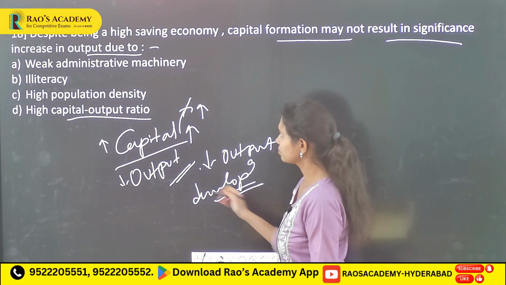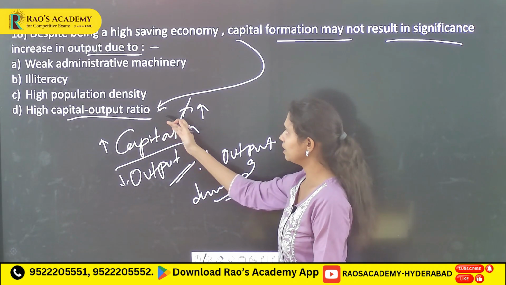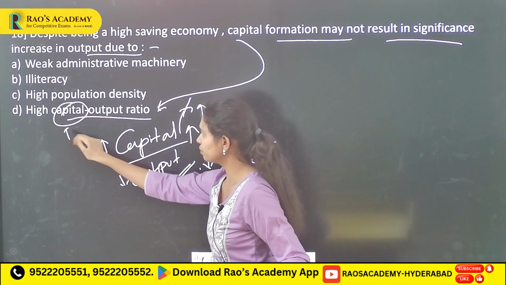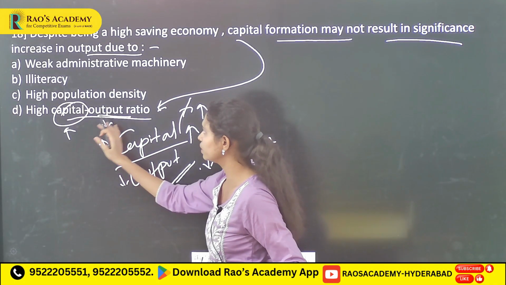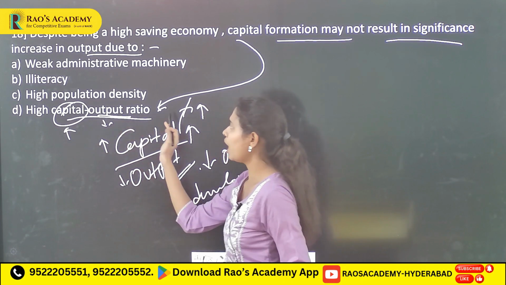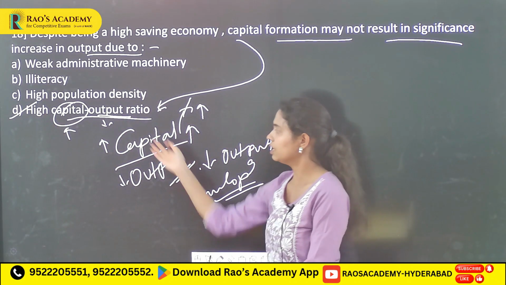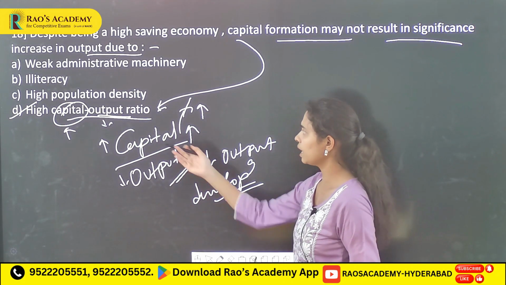So that is the question which was greatly reflected here. Though there is a greater investment of the capital, we were still getting the less output. Then only you are going to get the high capital to output ratio, right? So even though you do not know the exact one, you have reached the correct answer. That is option D, high capital to output ratio.